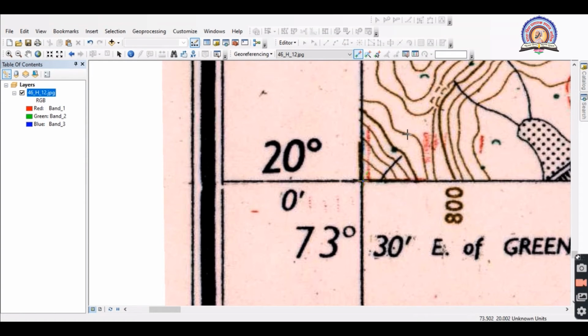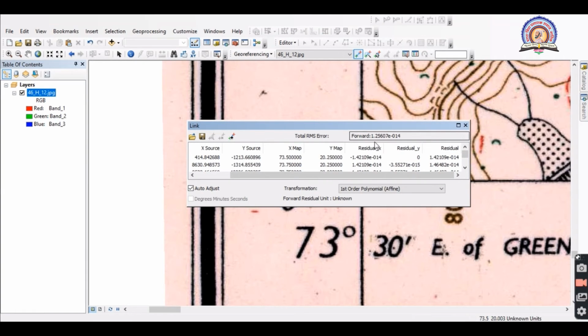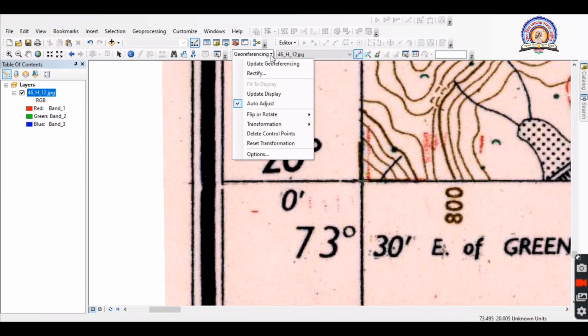One more thing we can do over here is that by clicking on this point, that is view link table, we can check the RMS error value over here. So you can see here an RMS error value. So from here we can decide the accuracy of our georeferencing. And after that we have to click over here again, and we have to say that